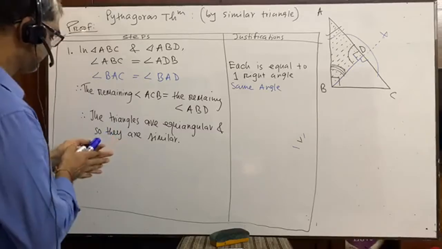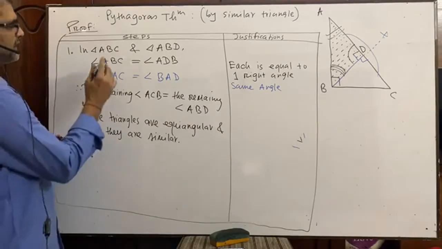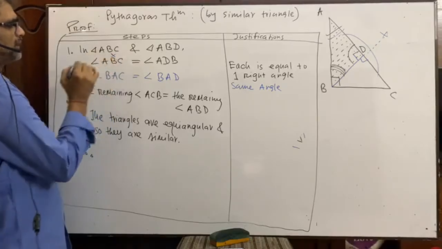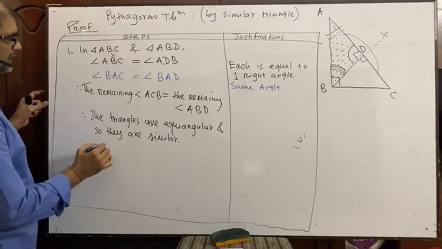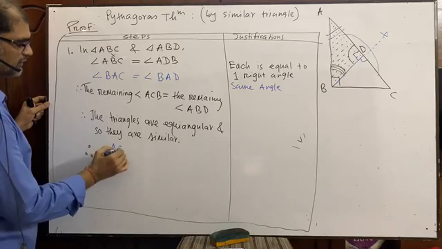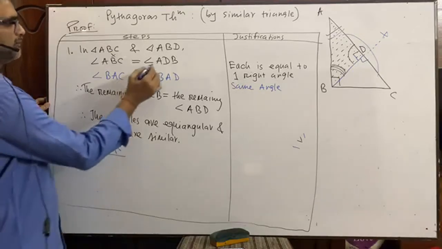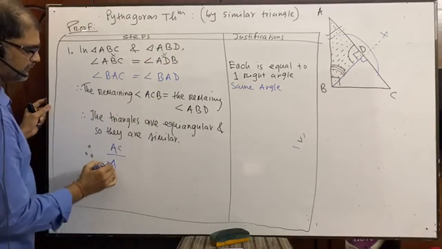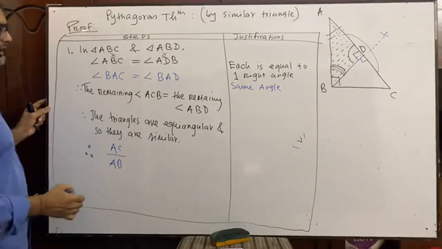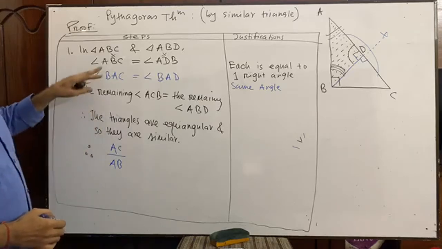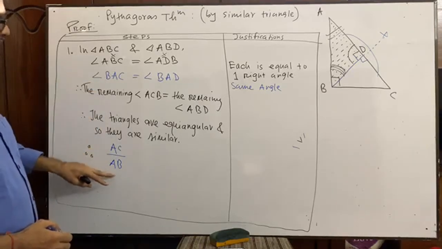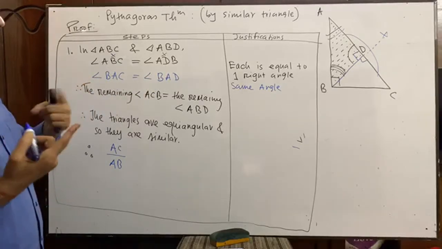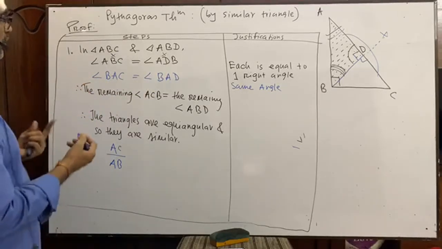Please see here what is given, angle ABC. You just omit the point B. Then what is left? We are left with AC. Write down AC. Here the midpoint D, you omit that point. So here it is AB. That is, AC is the opposite side of angle ABC and AB is the opposite side of angle ADB, but I will not go for that statement.